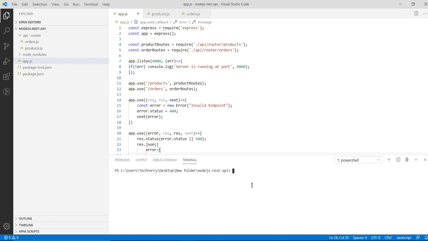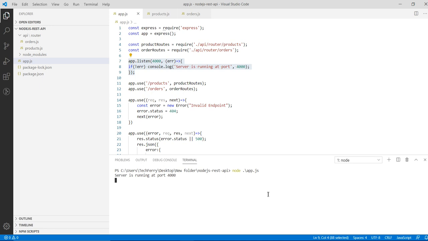If you see, every time we make any code changes in our application, we have to start our application. How we start the application is that we write node and the name of the file where we have written the logic for our server. So whenever we write node app.js, it starts executing the app.js file and the server gets started.